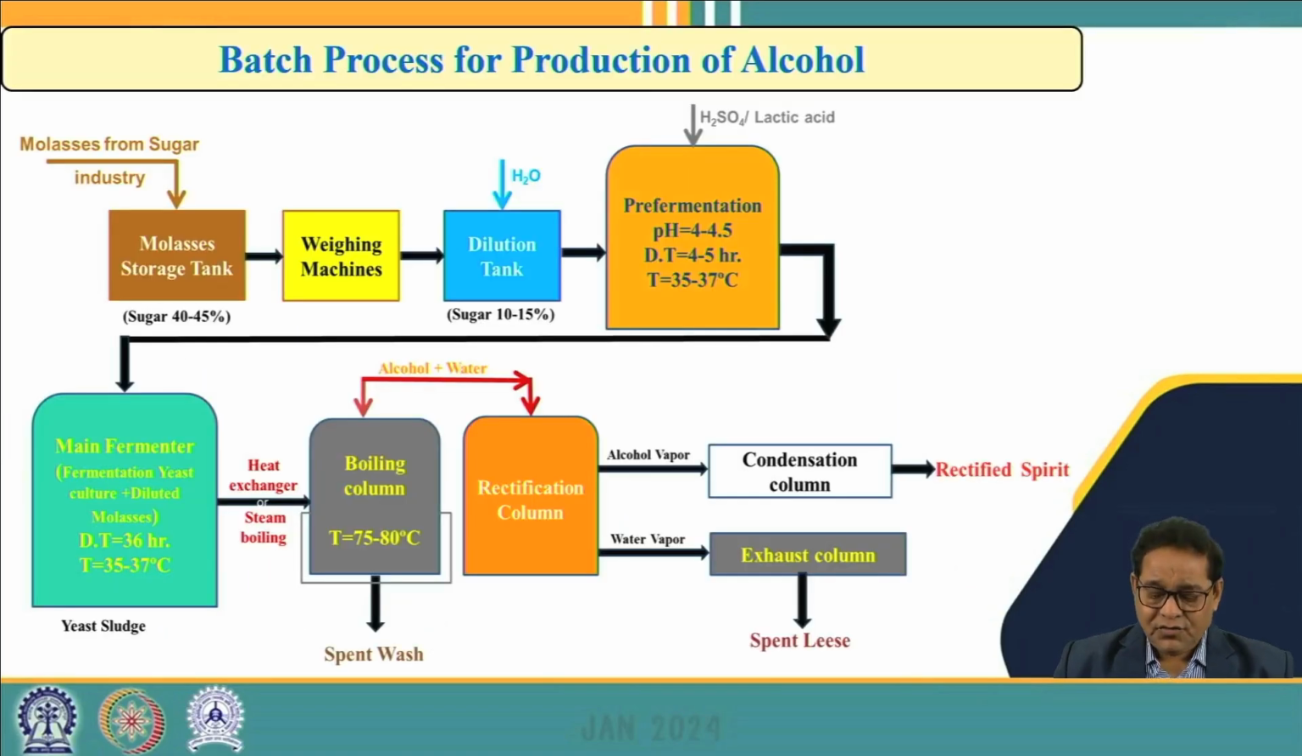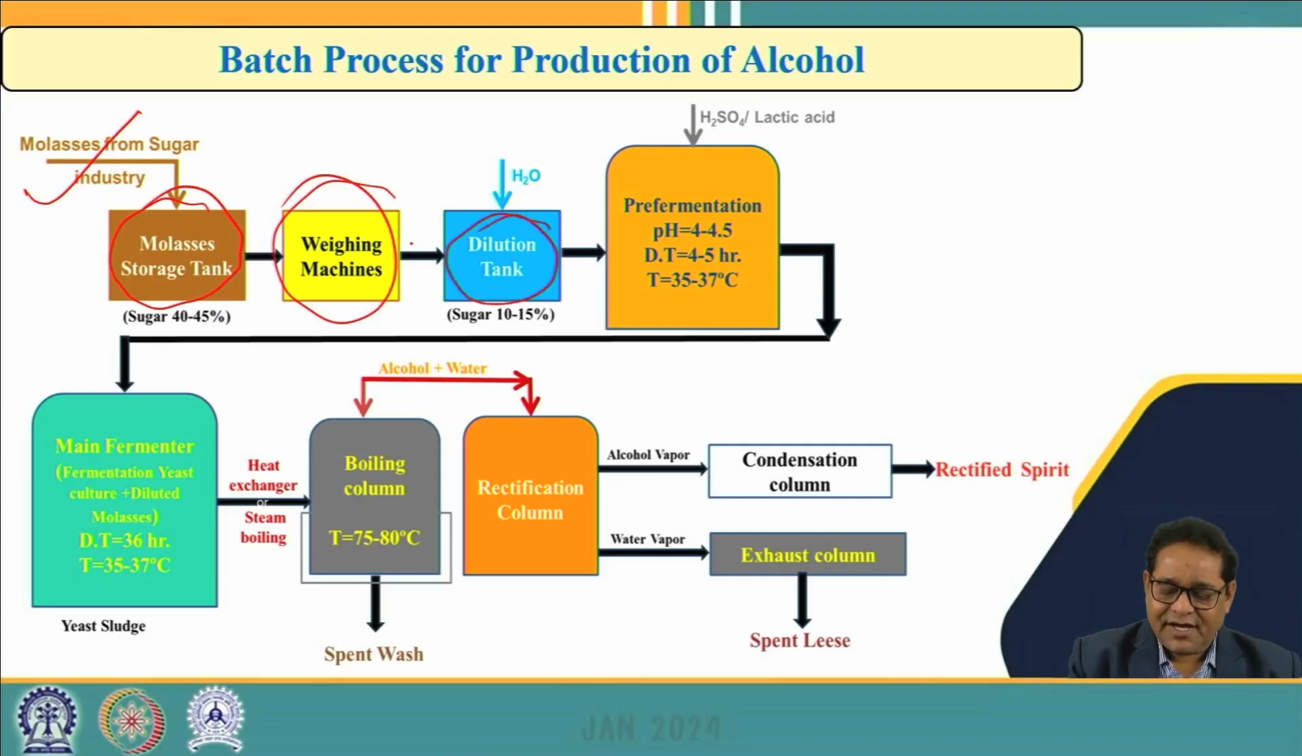So here, first of all, there is the molasses, which is coming from the sugar industry. This is also one of the byproducts of the sugar industry. It is first stored in the molasses storage tanks. In the industry you can see a number of circular and rectangular molasses storage tanks where the raw material is stored. Then before going into the fermentation process, it is weighed using a weighing machine, and then it comes to a dilution tank where water is added and mixed